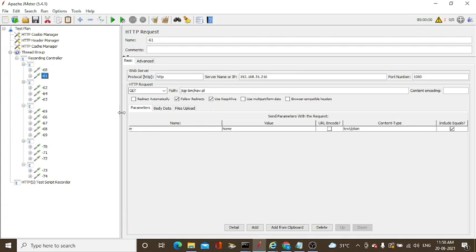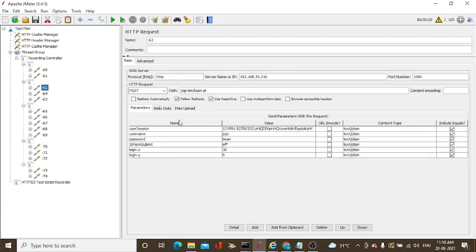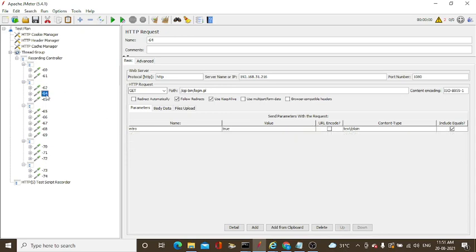After that it's a home page. Then the login page, where jojo bean is entered, and this is the dynamic value mentioned in the session. Second one is the same page only.